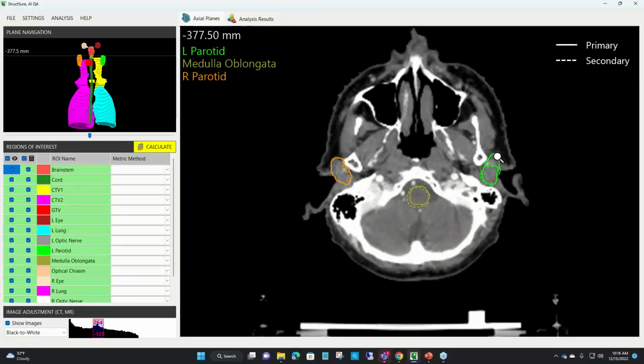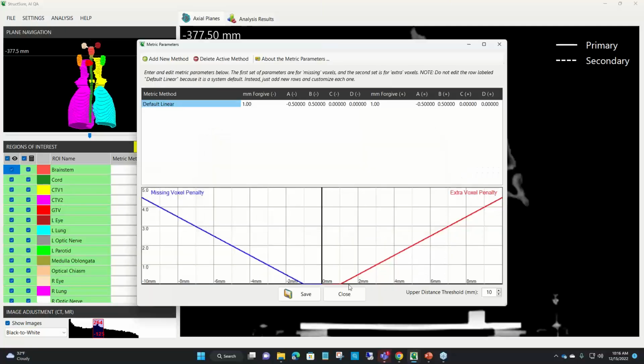See these two here? It's pretty clear that they're not matching a whole lot. And so if they go beyond 1 millimeter, I'm going to start to penalize it, and I'm going to penalize it even further, basically a linear curve, all the way out to 10 millimeters.